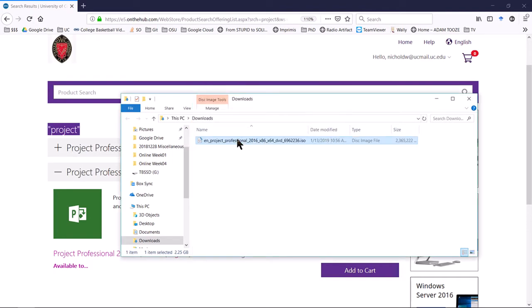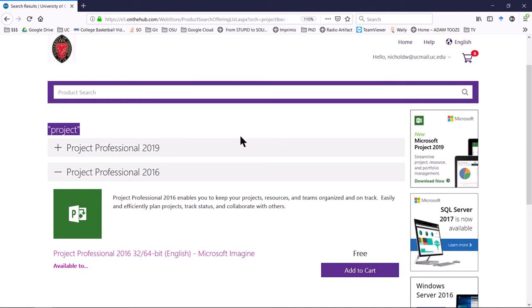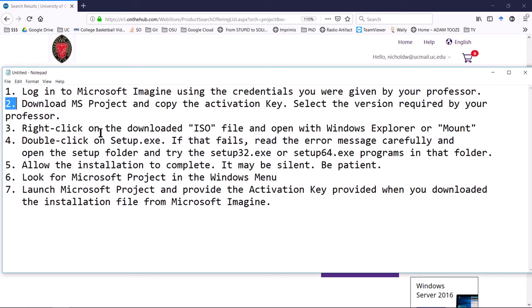Once you've got the file completely downloaded, like I said, it might take as long as an hour if you're on a slow connection. It's about 2.3 gigabytes. It's a large file. We need to somehow get into that file to initiate a setup. Now here's where a lot of people have problems because